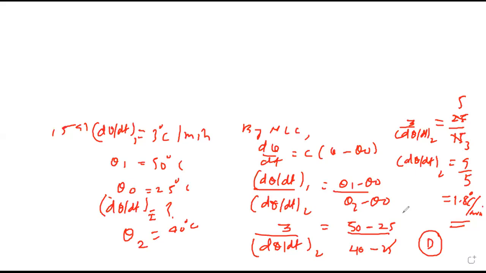Two balls A and B are made up of the same material but different diameter, but the diameter of B is twice that of A. Both are heated to the same temperature and then placed in the same surrounding. Rate of loss of heat of A is taken as RA and that of B as RB. Which of the following is correctly describing loss of heat? Everything is the same except the diameter.